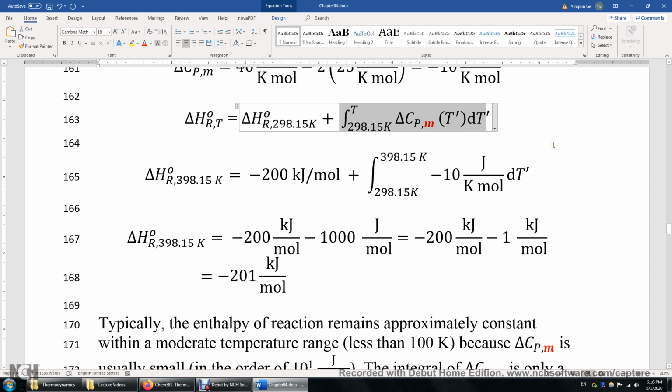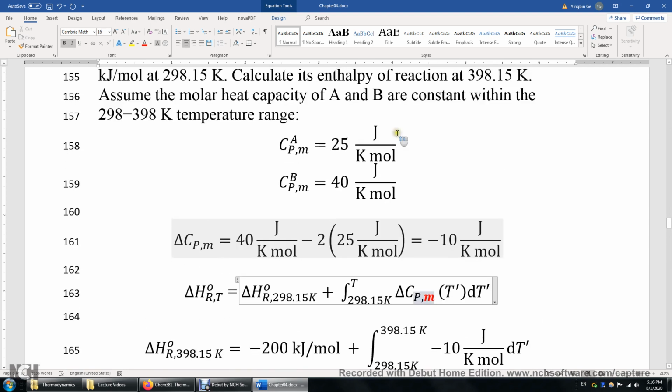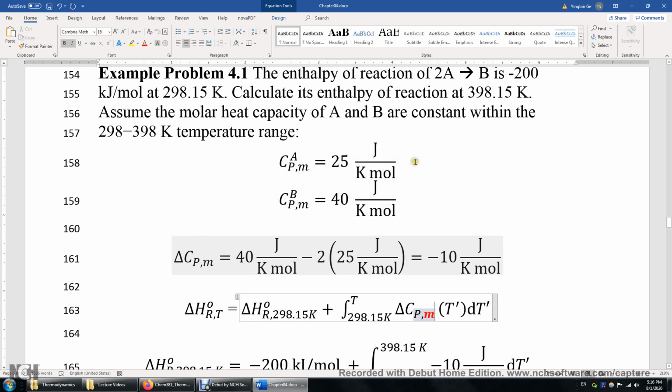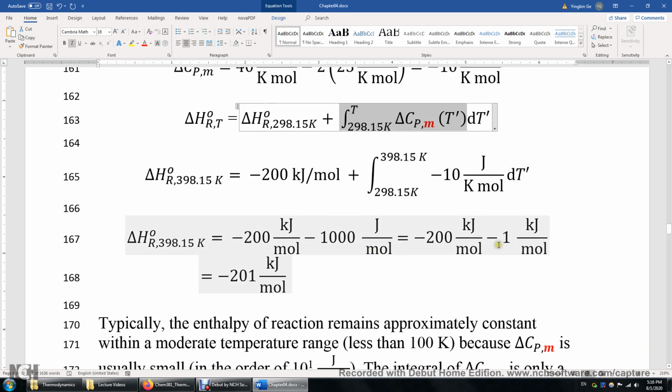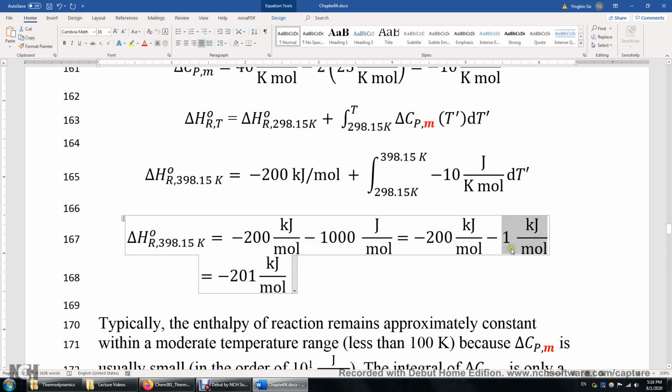And why is that? First, delta CPM itself is small. Why? Because it's the CPM of the products minus the CPM of the reactants. So mostly they cancel. All right? Even if they don't completely cancel, you'll get a very small delta CPM. And then when you integrate this delta CPM, the result is very small. In this case, it's only 1 kilojoule per mole. The correction, the difference between the room temperature and the target temperature, is only 1 kilojoule per mole, despite the